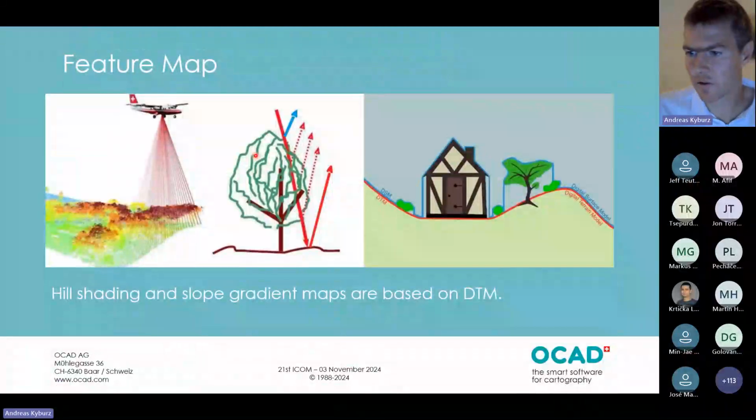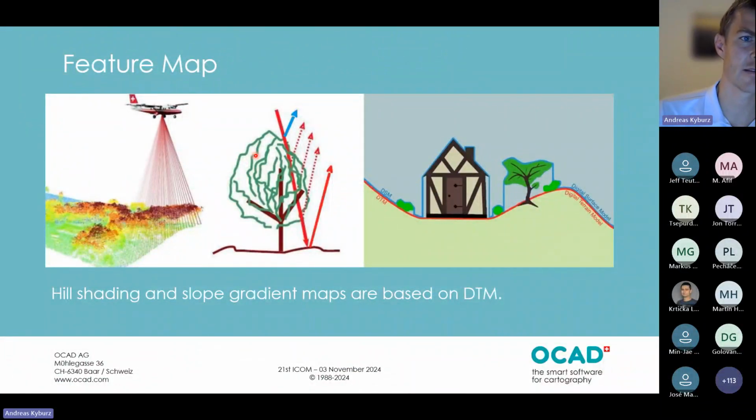Okay, that's for the first function. Then let's go on with feature map. Feature map was developed to spot near ground objects and to make them visible out of LiDAR data. So what you need for the feature map is LiDAR data,